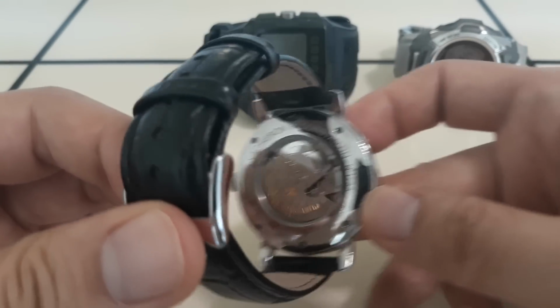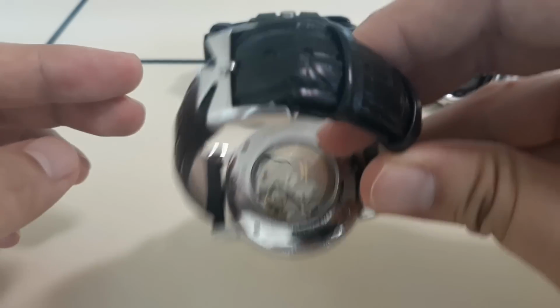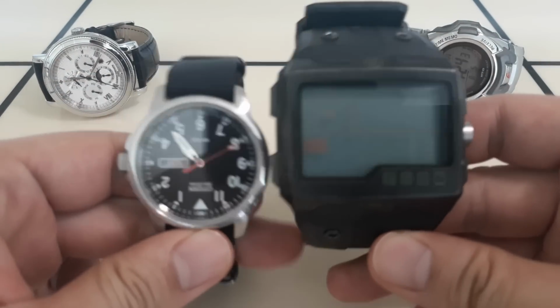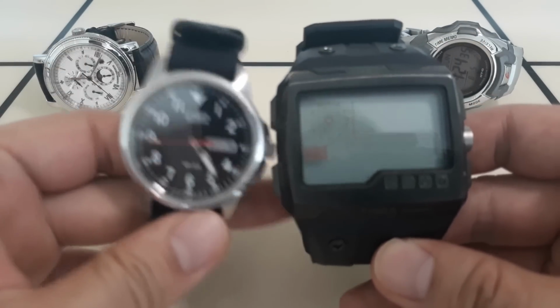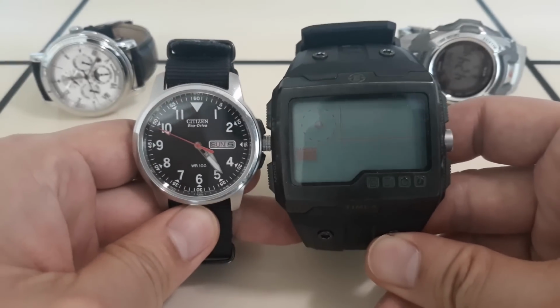In my opinion, every guy should own at least 2 watches, a casual watch and a formal watch. 3 if you live an active lifestyle and require a utility watch that does more than just tell the time, like fitness watches, smartwatches, or this Timex Expedition WS4, which has a compass, barometer, altimeter, and thermometer sensors. As you can see, the battery is dead. It lasted about 2 years, but in this case, I was willing to compromise because it had so many other